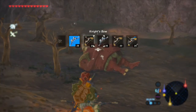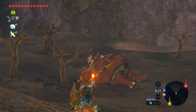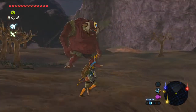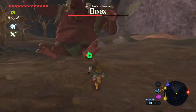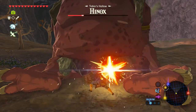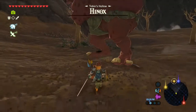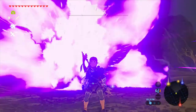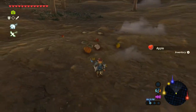Actually, instead of the night bow, that woke him up. Get him while he's down! There we go. Yeah, normal Hinox is not really that bad. It's weird that Hinoxes have all of this...